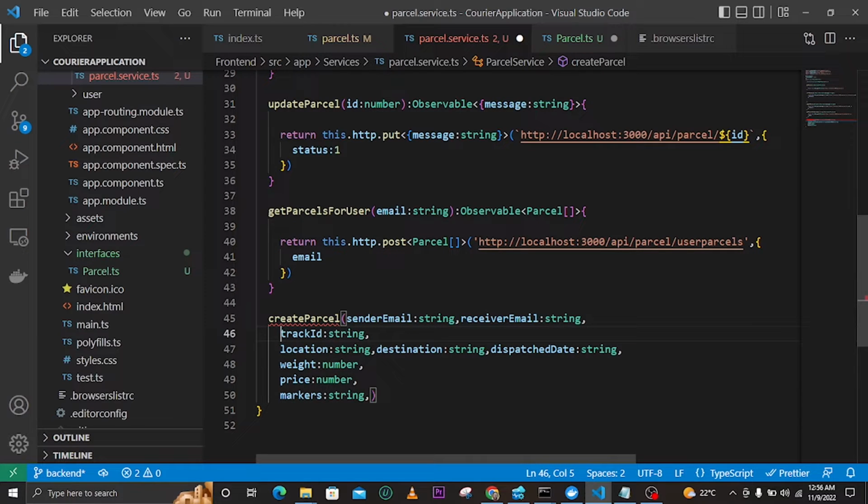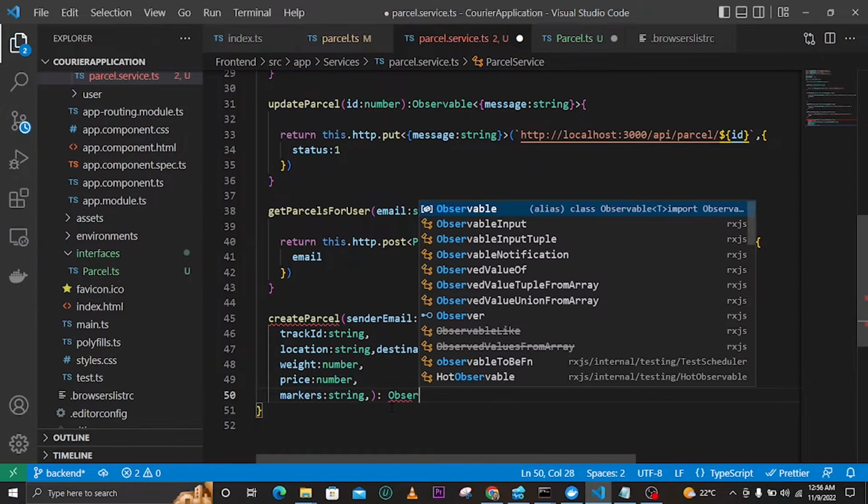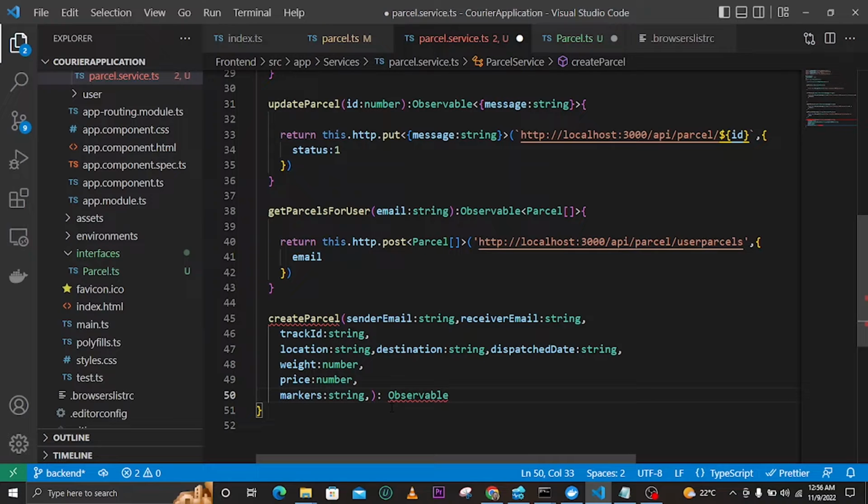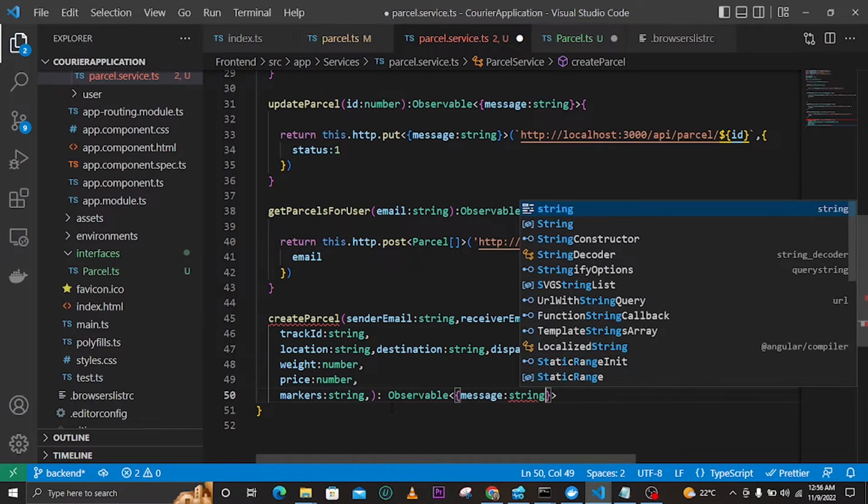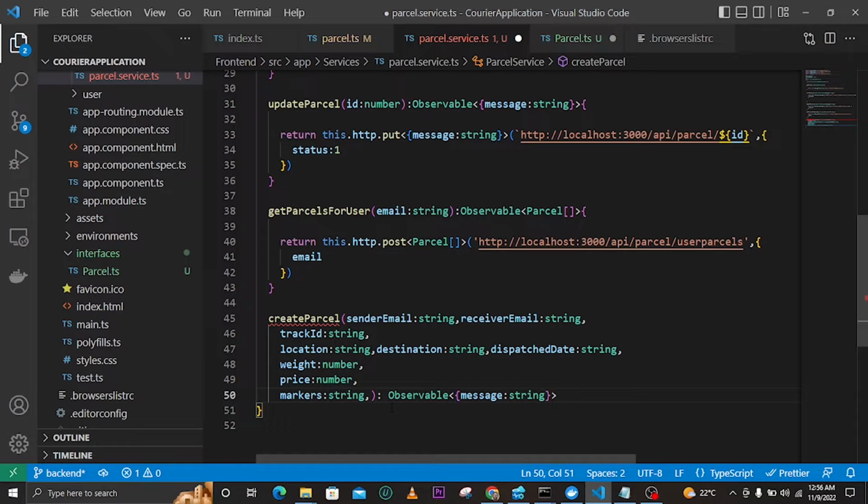So let me add it there, and then let me add the observable as our return type. What should it return? It should return a message, because it should tell us if it has added successfully or not. So now this is a message, and this is of type string, and then after that now we can add this